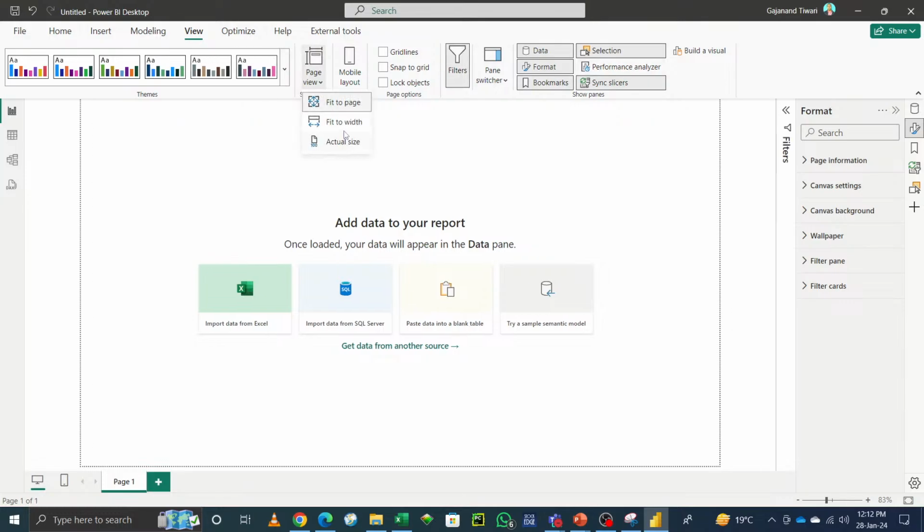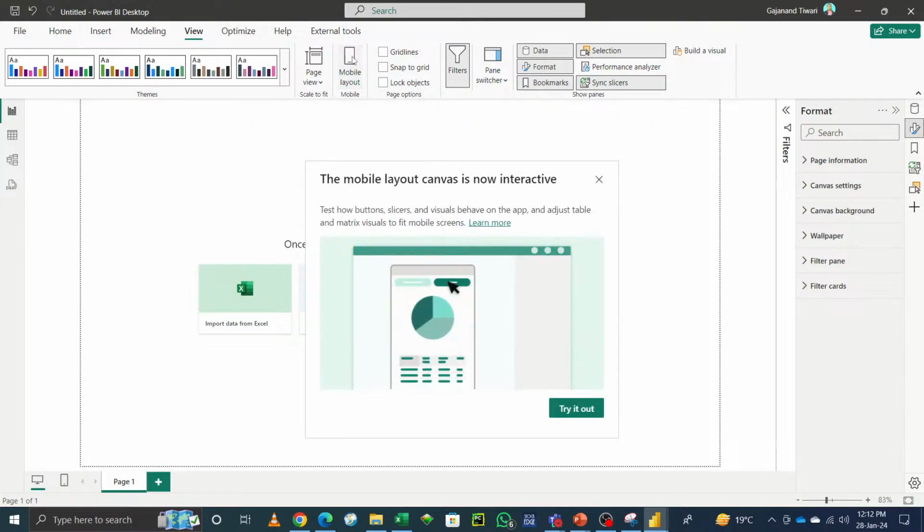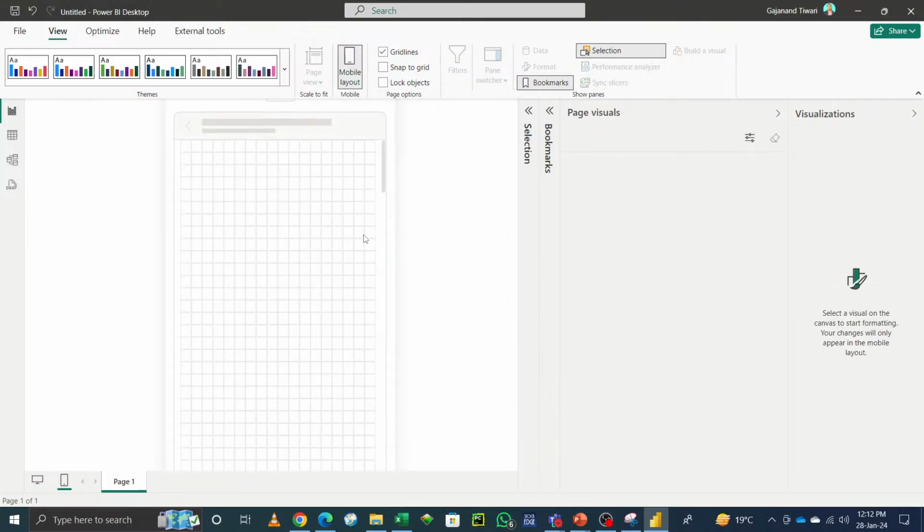Sometimes we need to fix the page size, like when a visual needs to fit, so whatever fits for you, you can select as per your need. Sometimes we need to create a mobile layout. Some customer said they wanted to use mobile layout only, so you can do that as well, okay, but